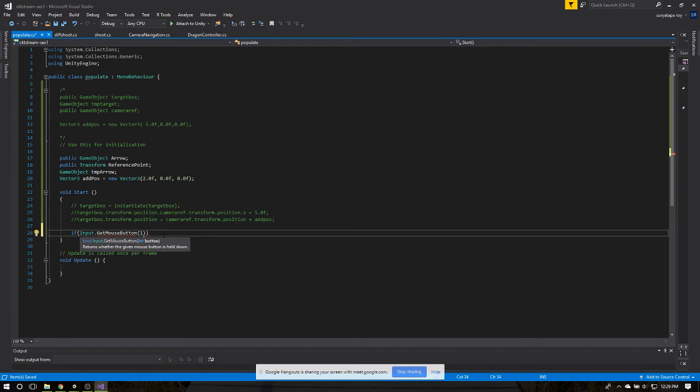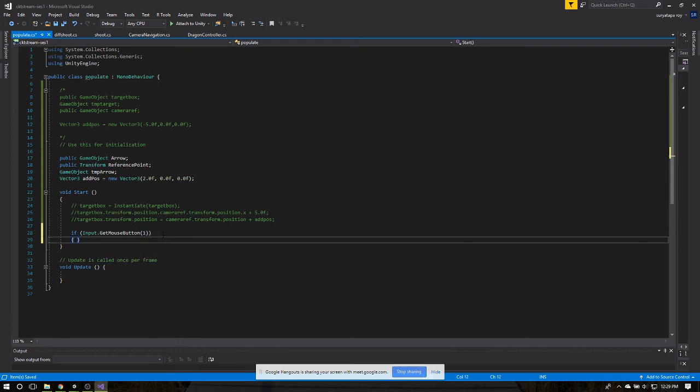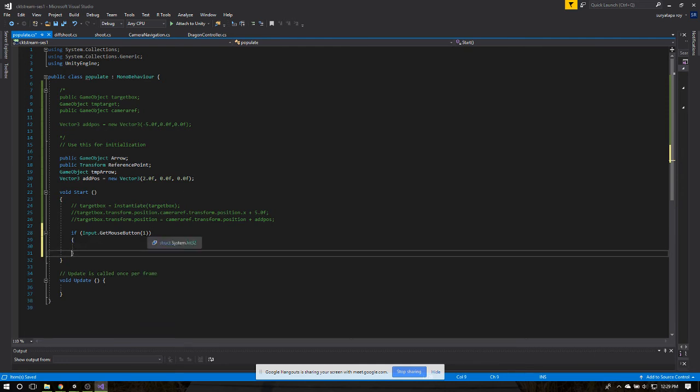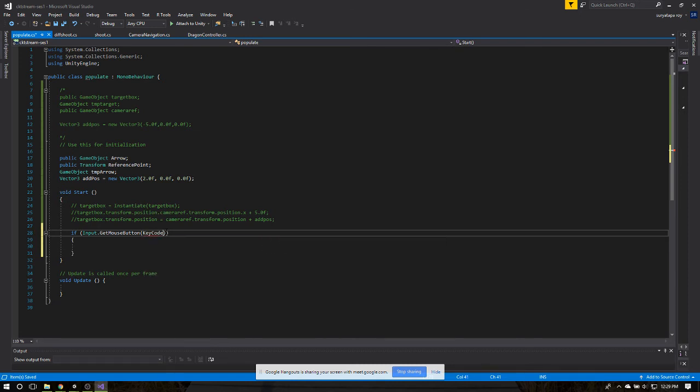I say 1. By default, this mouse 1 is your right click. You can also do KeyCode.Mouse0, the left mouse button, and if you do that, then you do an Input.GetKey. So to keep things standard, we're going to say KeyCode.Mouse0,